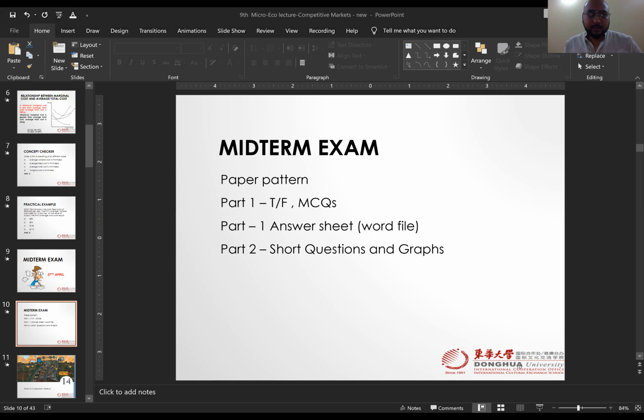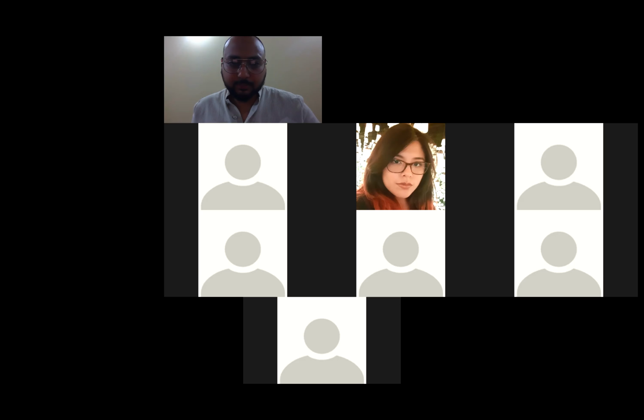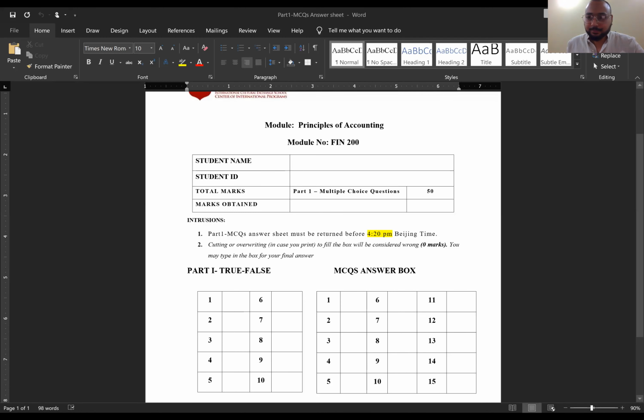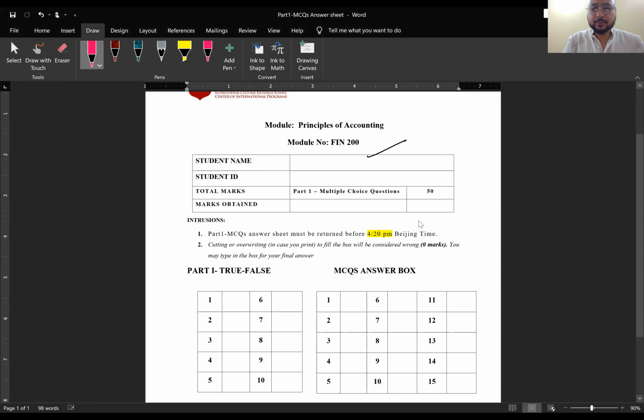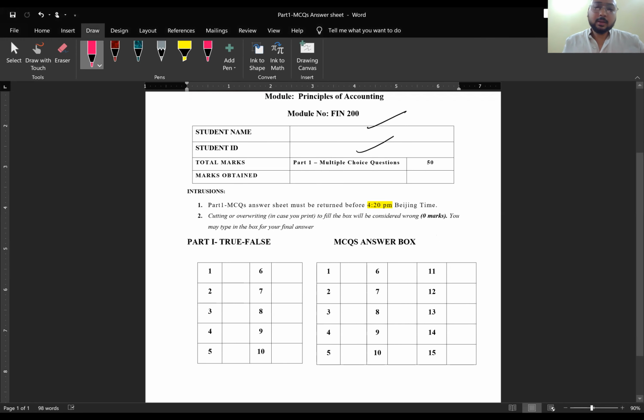So can you see a screen here? Oh, I need to share it first. So you see here, that is part one answer sheet. All you have to do, write down your name here, student ID, that's it. And there's going to be another file which is PDF, that is questions. Subhan, Sufyan, Rodrigo, David, understand?